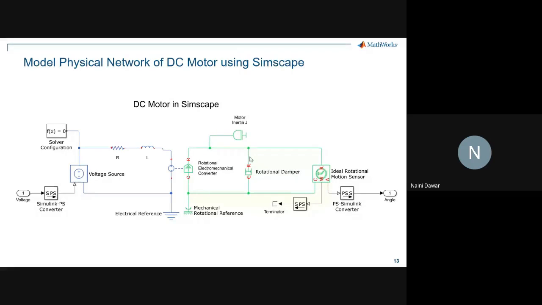But when it comes to a non-linear system like converters, which have switches involved, or a complex model with multiple motors, or a system with different domains, for example a battery, which has electrical and thermal domains involved,